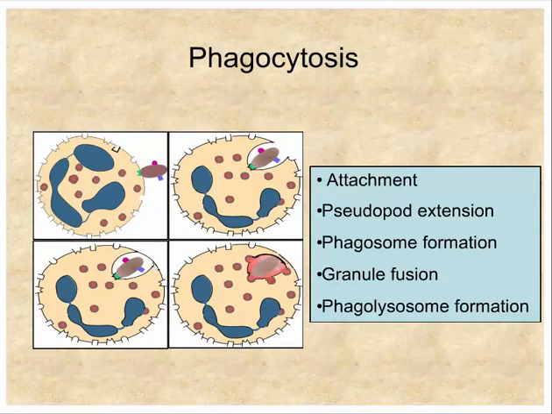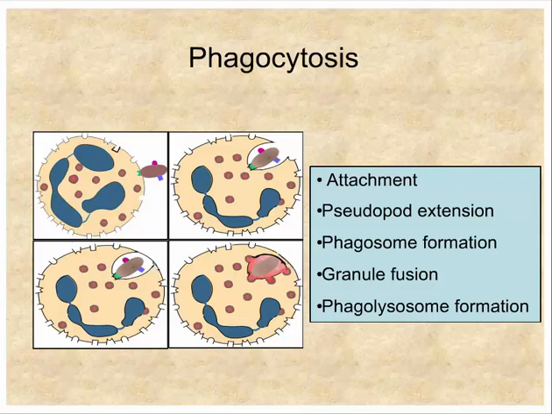In phagocytosis, the phagocytic cell, after binding, extends pseudopods around the particle. Eventually it will be sealed off, and we end up with what is referred to as a phagosome. Then these granules, in the case of the PMNs, or the lysosomes in the case of the macrophages, begin to fuse with the phagosome to form what is referred to as a phagolysosome. They release all their contents into these vesicles, by which they're going to kill these bacterial cells.